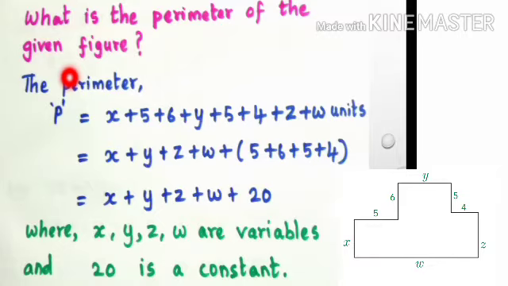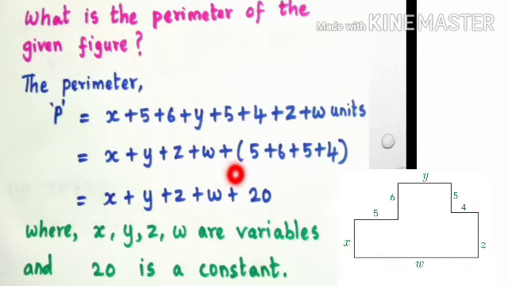Observe the figure. What is the perimeter of the figure? Perimeter, what is perimeter? Perimeter is the distance around the closed figure. Now, here the perimeter is x plus 5 plus 6 plus y plus 5 plus 4 plus z plus w units. Arrange the variables and constants separately with the operations in an algebraic expression, that is x plus y